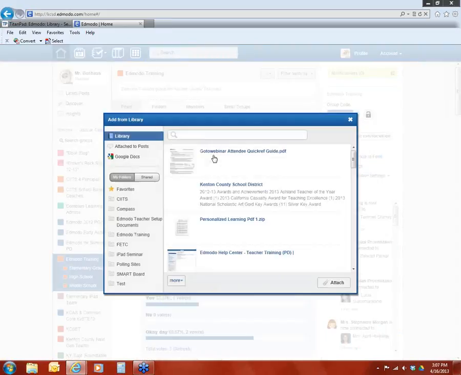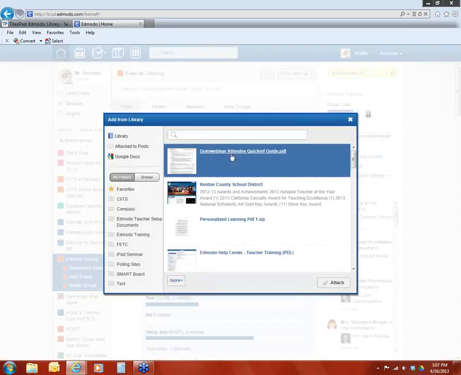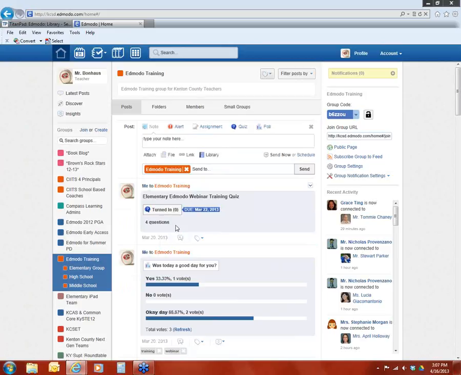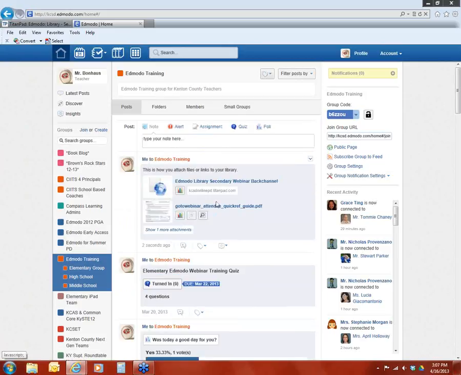Now you can also go in and go directly to your library and attach files from there into your post. So that's how you work with your library. Then we'll send it. It's going to come to the Edmodo training group. And now because I have put all of these in my post, if I go back to my library,